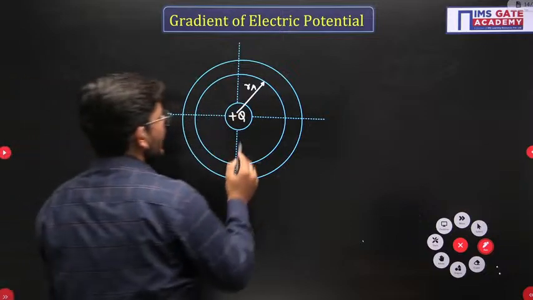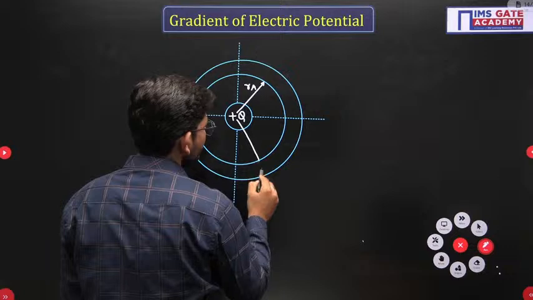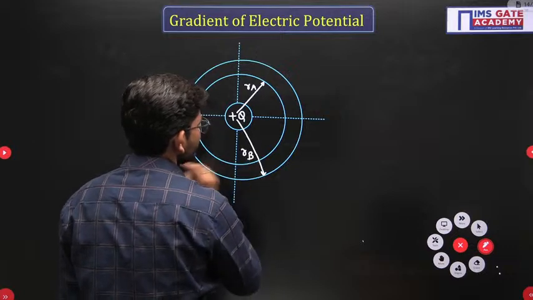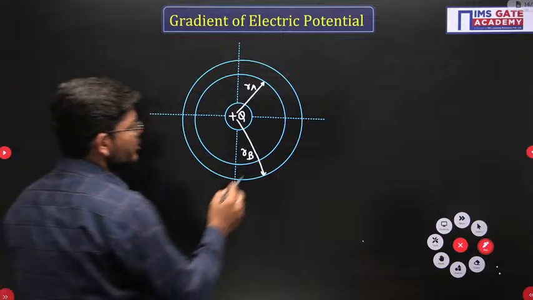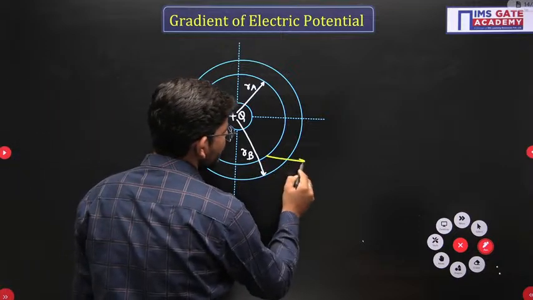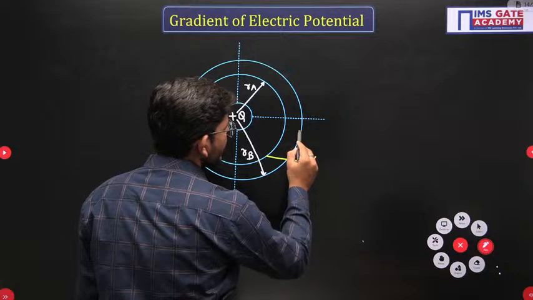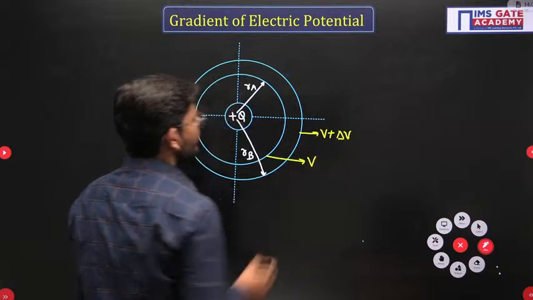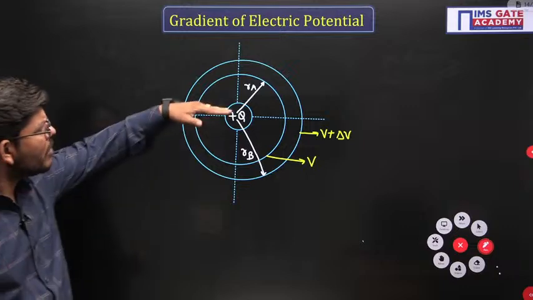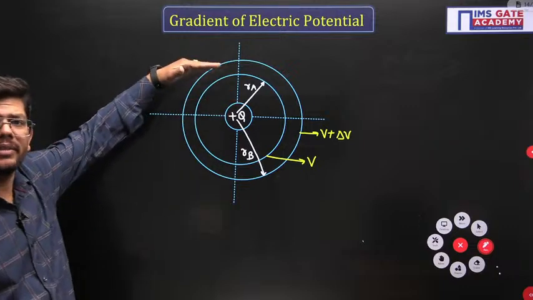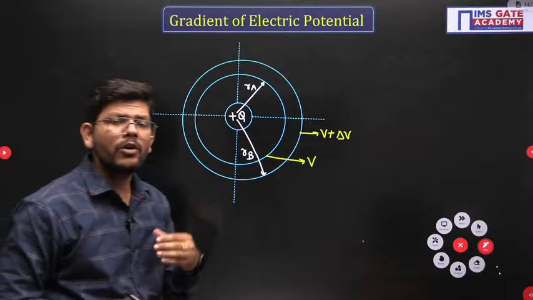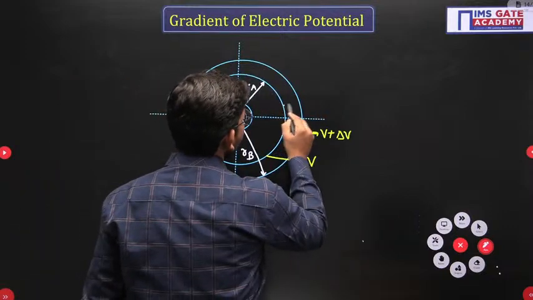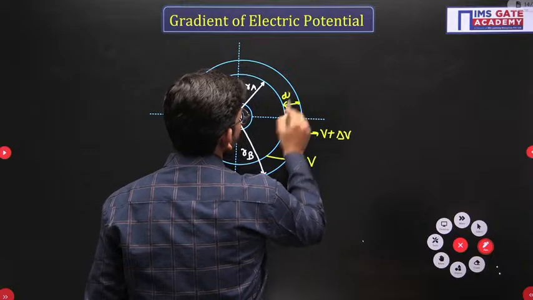And let us suppose we have another equipotential surface at a small distance apart. If the potential of this surface is V, then the potential of this surface will be V plus dV. Now if we are moving from one surface to another, over a distance of dl, then you know that